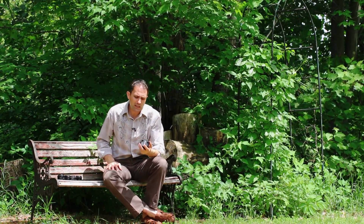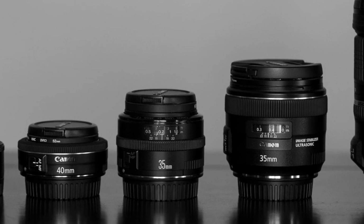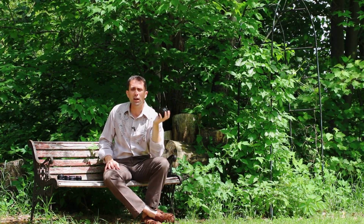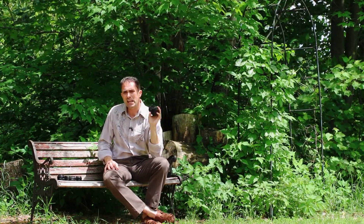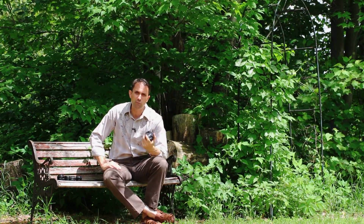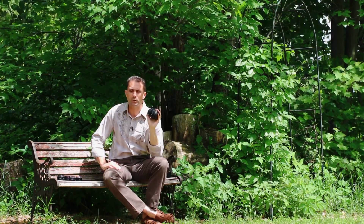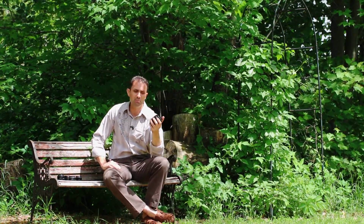The holy grail for me that I'm still waiting for Canon to build is an equivalent of this wonderful 35mm f2 IS lens from Canon. I love this prime lens, and there's really nothing about it that I can criticize. I think it's a fantastic lens, and I think Canon is very capable of building perhaps a replacement for the 50mm f1.4 that's going to offer a similar quality to this, with a really fast, accurate USM motor. Image stabilizing would be awesome, but